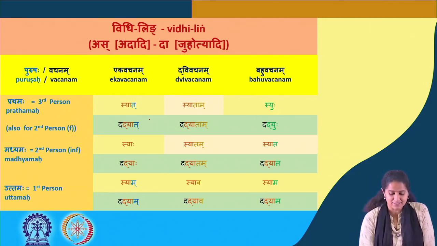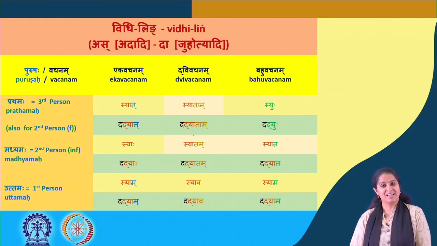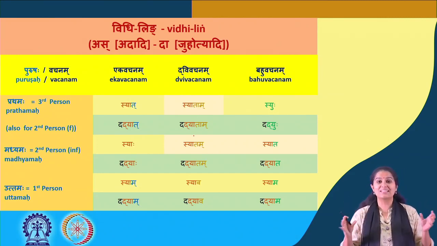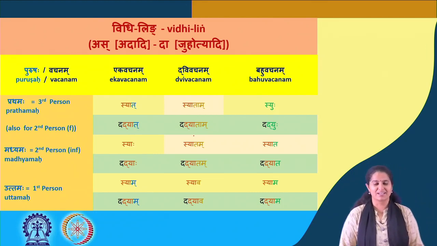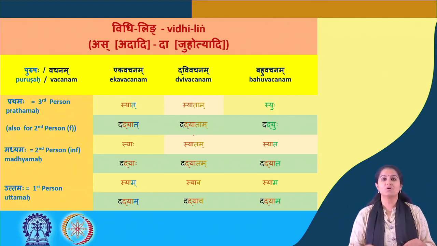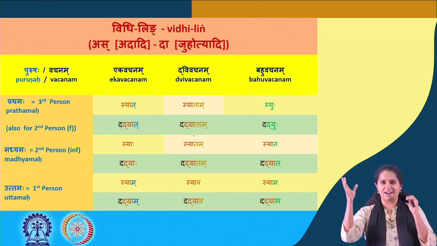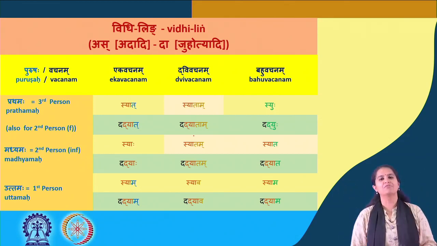Let's move on. And just a quick comparison with the verb syat that we've done. So syat dadyat, syatam dadyatam, syuhu dadyuhu, syaha dadyaha, syatam dadyatam, syata dadyata, syam dadyam, syava dadyava, syama dadyama. Uttamam. So you can see that although they're two different groups, they do have similarities in which they are conjugated. So what I'd recommend you do is to just think of syat and see if you can identify the verb form of dadati also. Alright, astu, moving on.